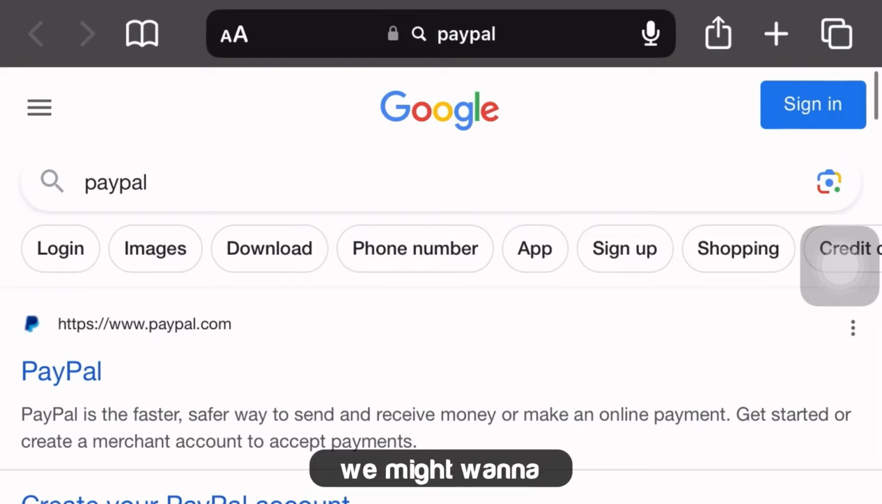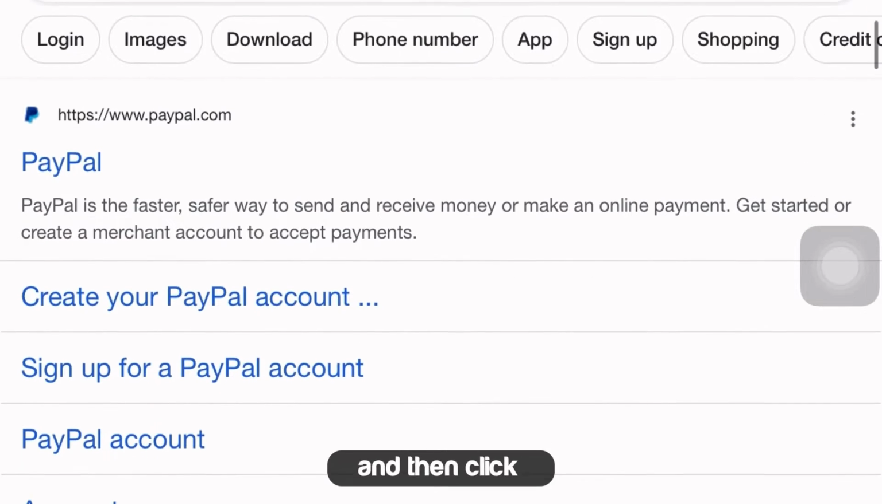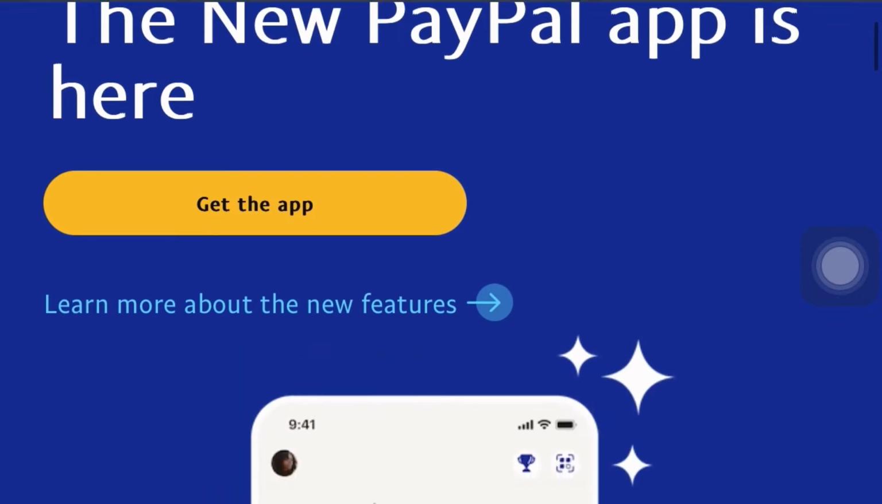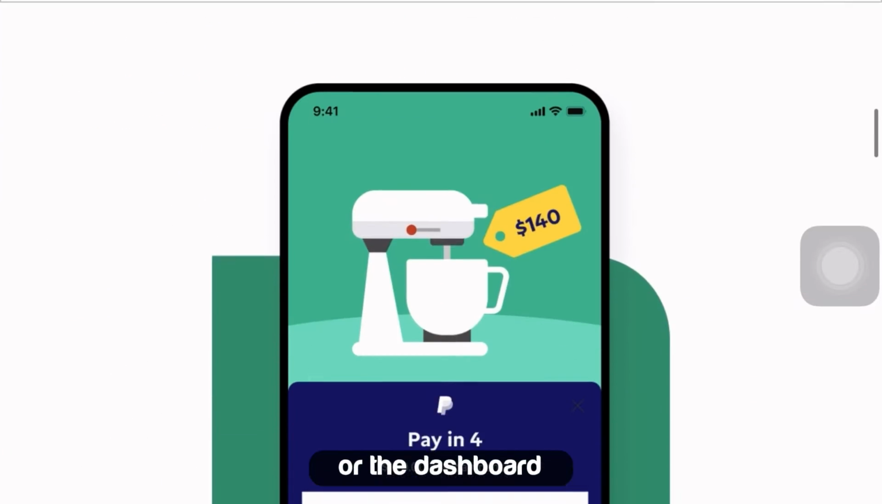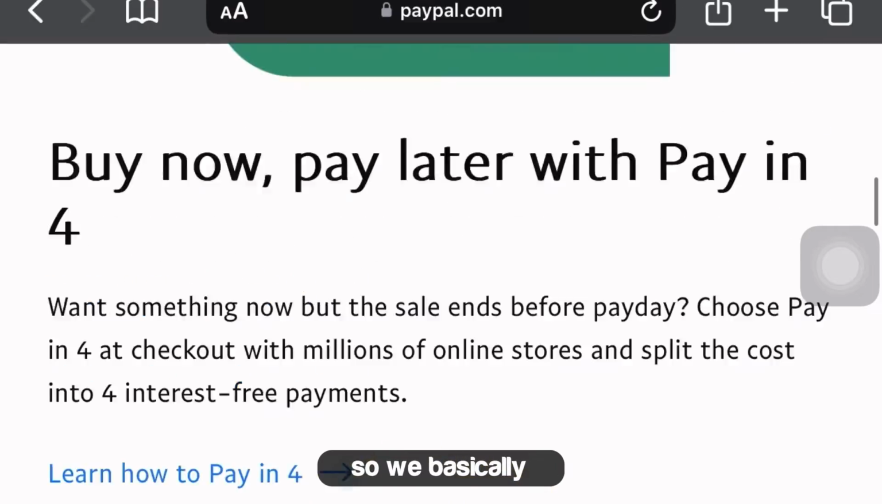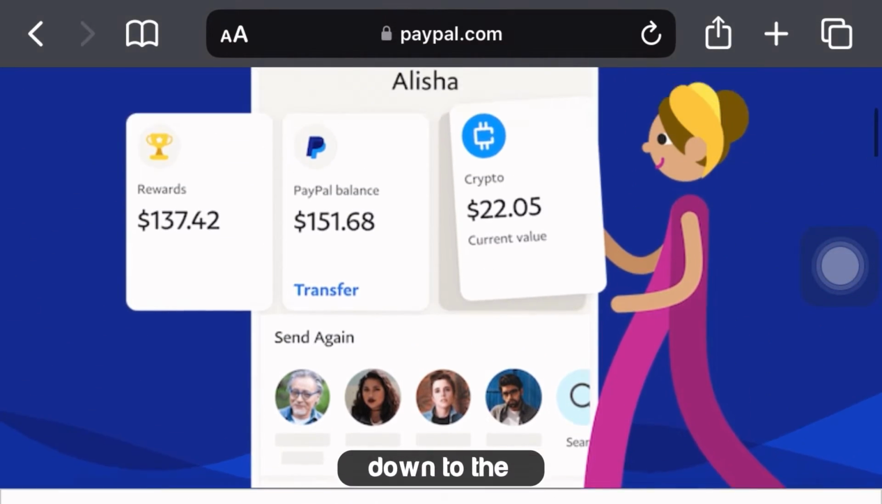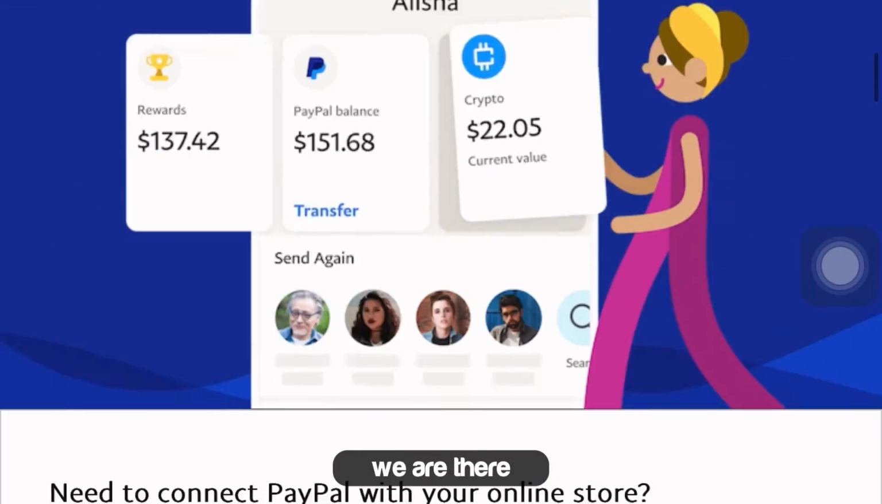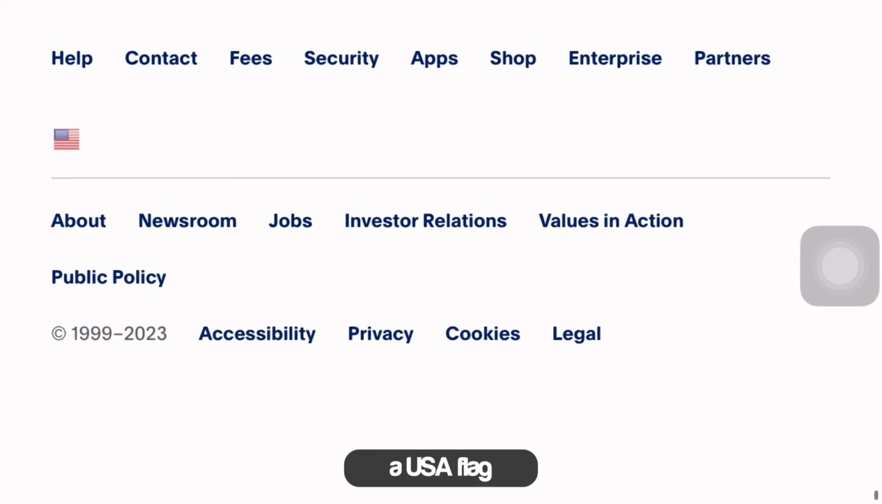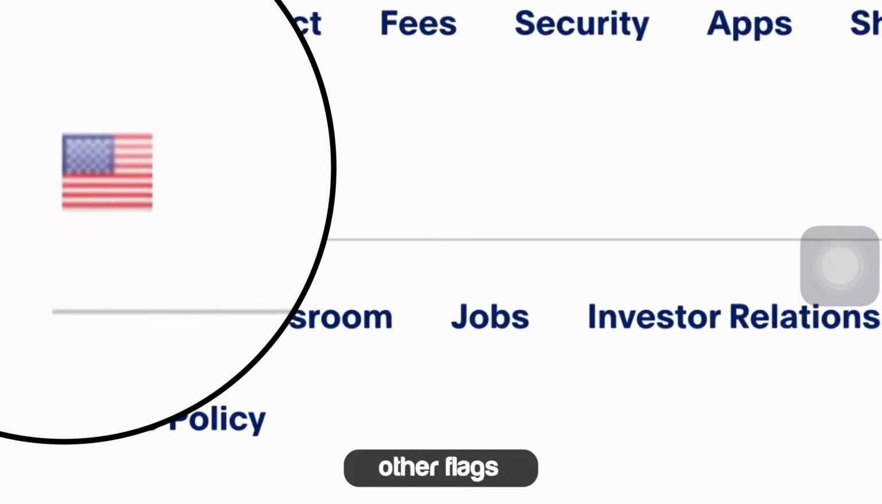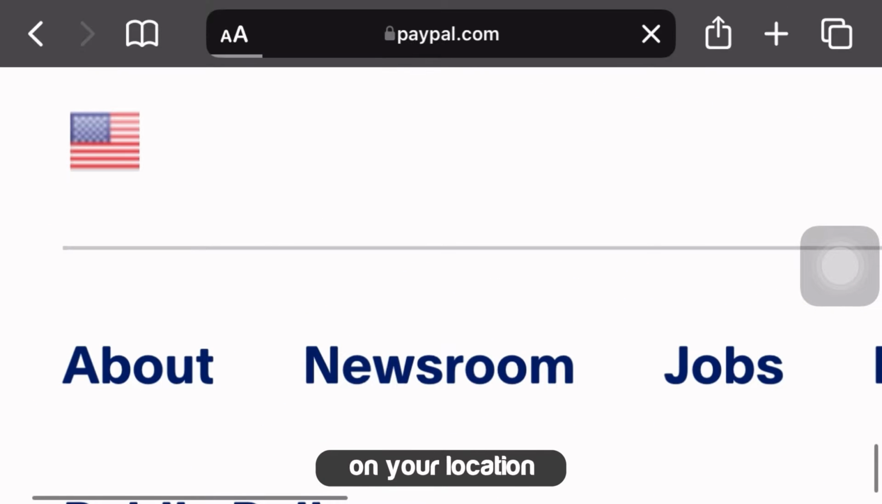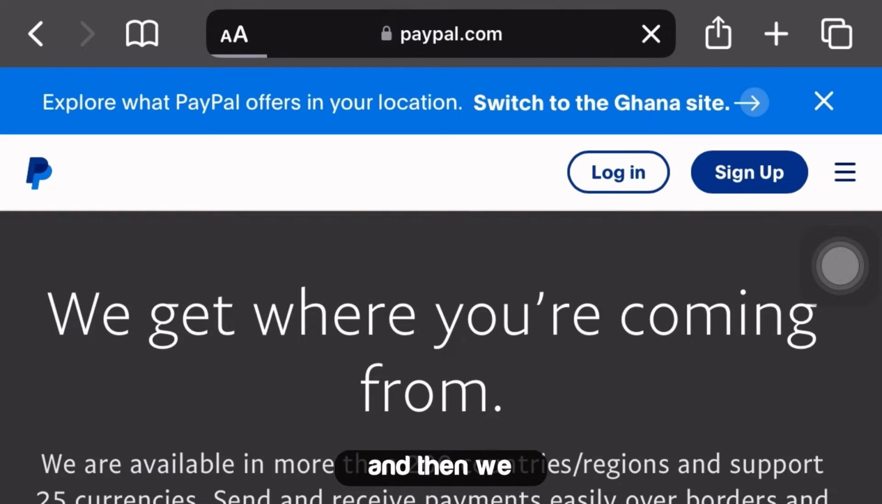All right, so we might want to head on to PayPal and then click on paypal.com. Now this is the home page or the dashboard for PayPal. So we basically have to scroll down to the bottom of the page, and then once we are there, we're going to select a USA flag. You can see other flags as well depending on your location, but click on the flag and then we're going to select